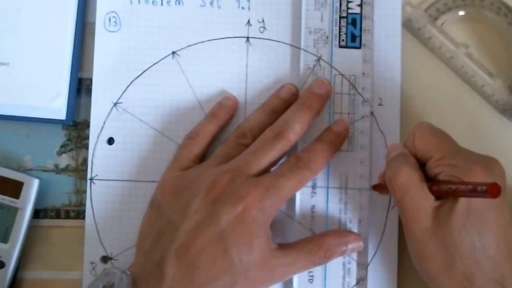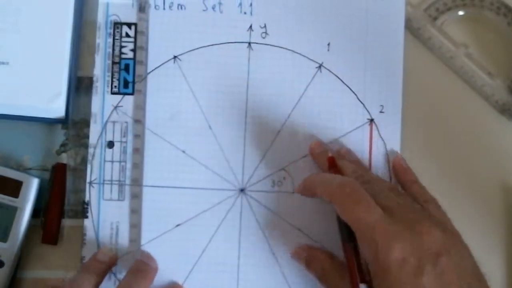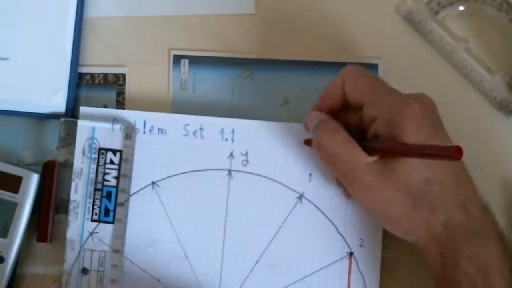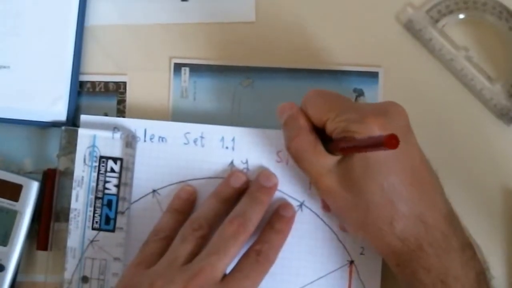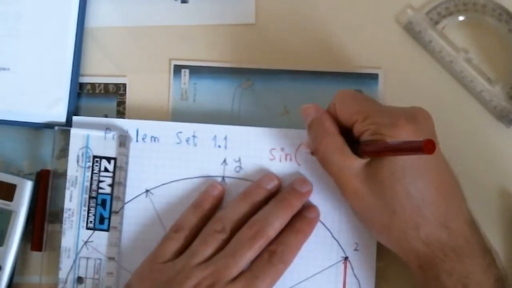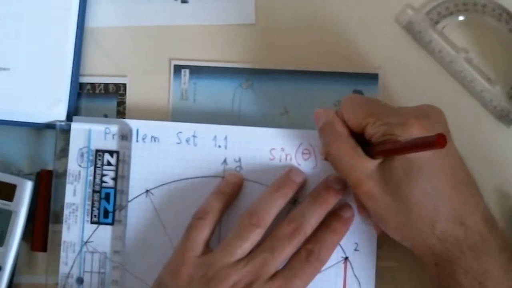I'm just making it thicker so you see that it's red. Okay, so sine, I'll write it in here. Sine of some angle equals,